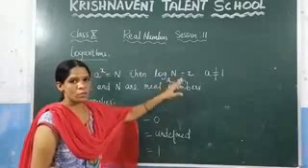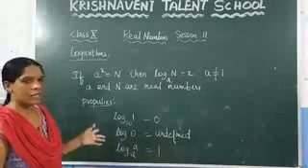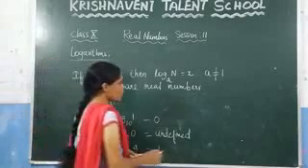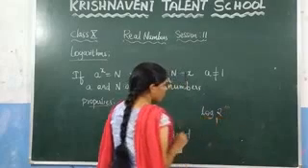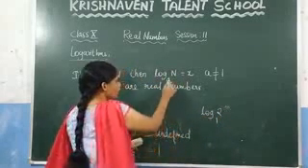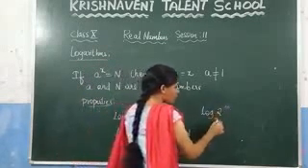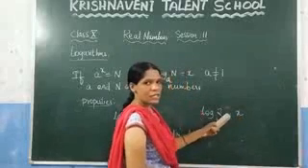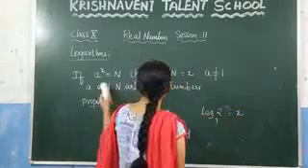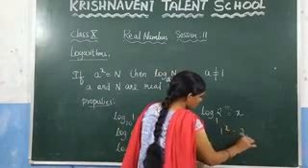This base should not be equal to 1. Why should this base not be equal to 1? If you take 1, what will happen? Now let us solve it with an example. Log 2 to the base 1. Here they wrote that the base should not be equal to 1, so here we took it as 1. Now if you want to find it, let us write it as x. By using the exponential form, we can write it as 1 power x is equal to 2.